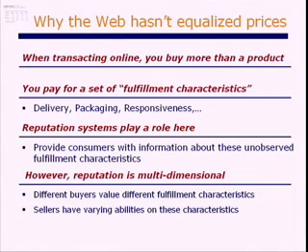And it's been recognized for a while that reputation systems play a role here. They provide consumers with information about these unobserved characteristics. However, what the prior literature has ignored is that there are many different characteristics. I mean, I might care about getting the product as soon as possible. Someone else might care about, has it been packaged well? Someone else might care about, if I change my mind and want to change my order, how responsive is the seller to my needs? Someone else might just say, if I call these guys, I want them to be polite.